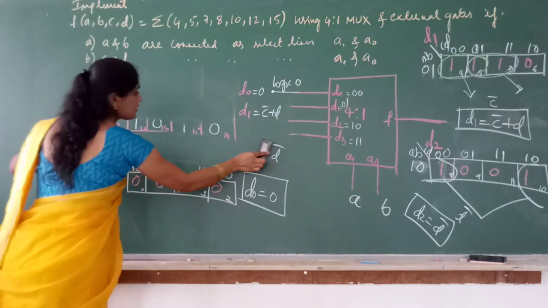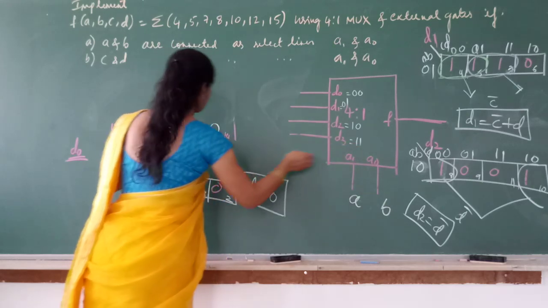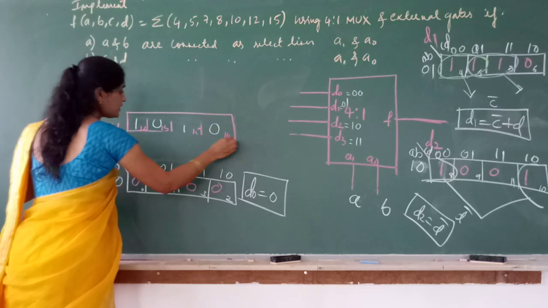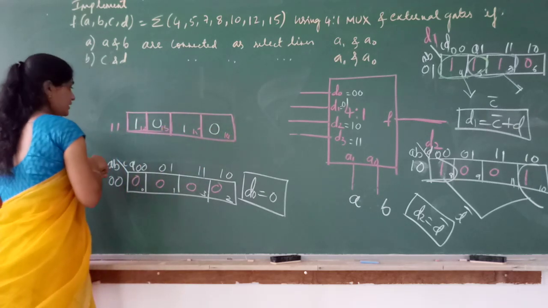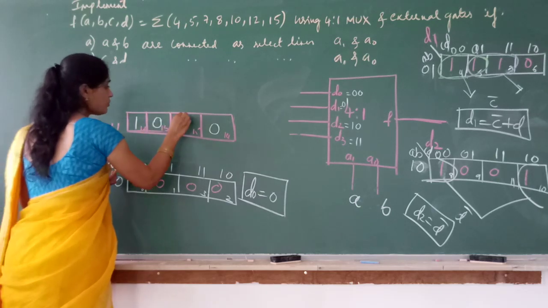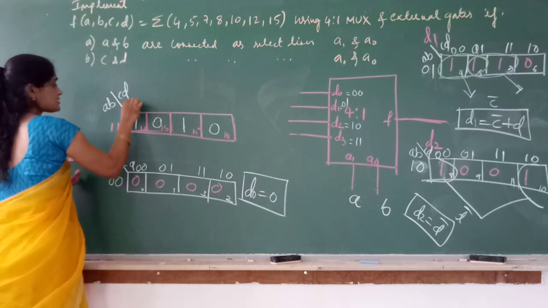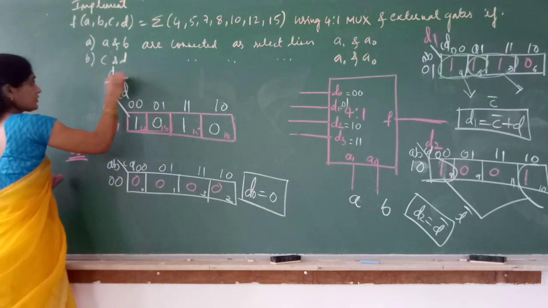That is when AB are taking 1 1. So in this cell AB, they are taking 1 1, so now I have to consider only this particular row. Correct? So 1 0 1 0. Now group the cells. This is AB and this is CD: 00, 01, 10, 11. This is for D3. Okay?